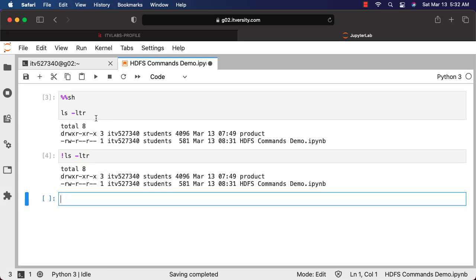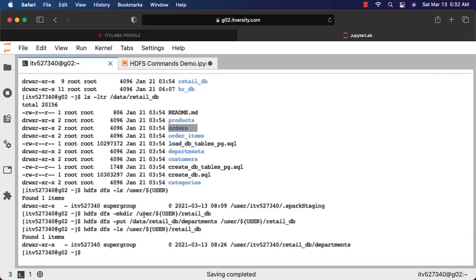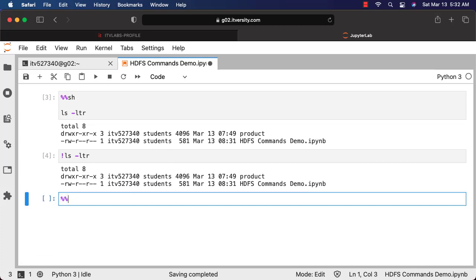Now, if I want to use HDFS commands, the HDFS CLI is nothing but a Linux based CLI. Once we set up HDFS on any system, you will be able to access HDFS using the CLI. As HDFS is available on this node, you should be able to say %sh or exclamation mark like this, and then say HDFS DFS -ls, and you can specify the location.